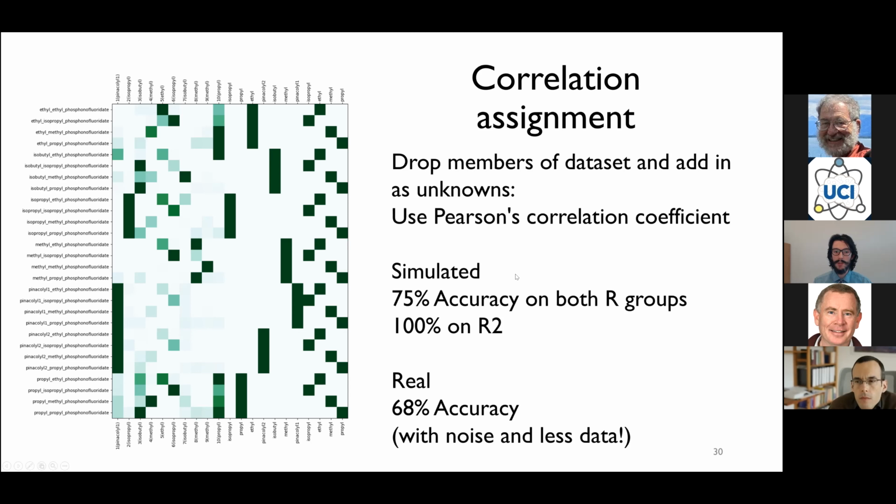And so on the simulated data, you get about 75% accuracy for both R groups, where it can correctly assign them without having an exact match, just knowing that there are other chemicals that had the same R group in them. On that same note, if you look at just the R2 groups, it seems to do a very good job matching those up. Basically, on the synthetic set, we can get 100% accuracy matching an R2 group up to another R2 group. If you look at the real data, the accuracy does go down a little bit,